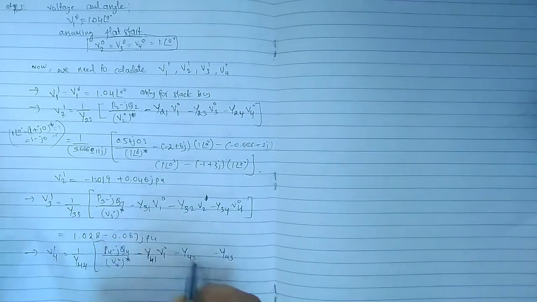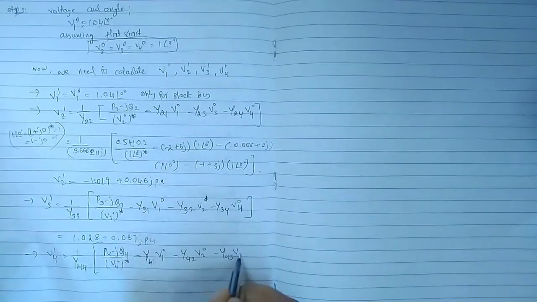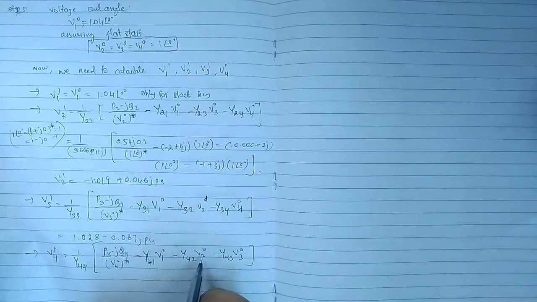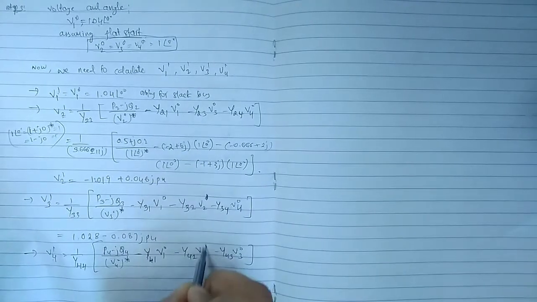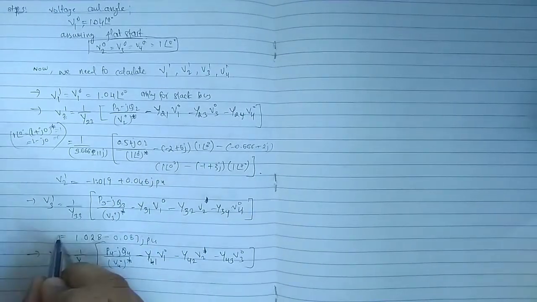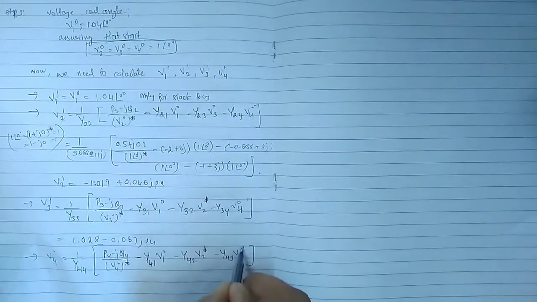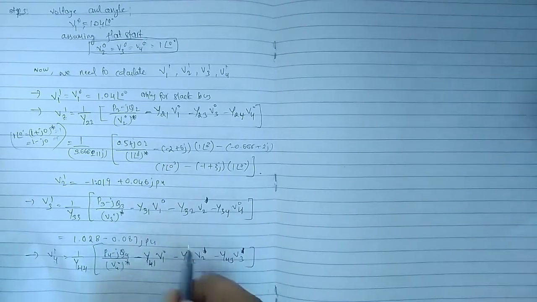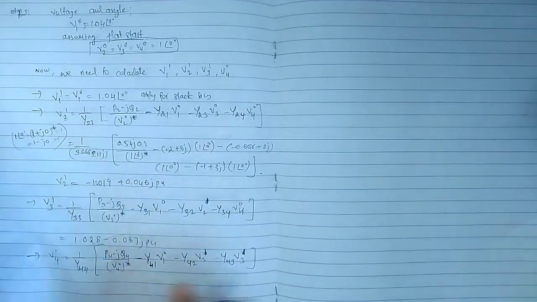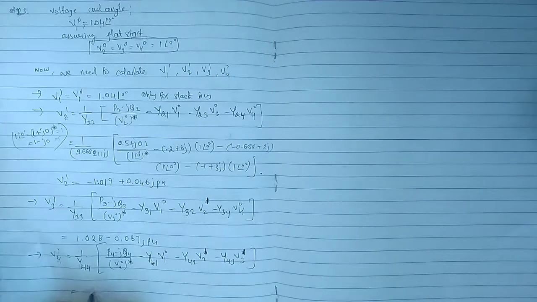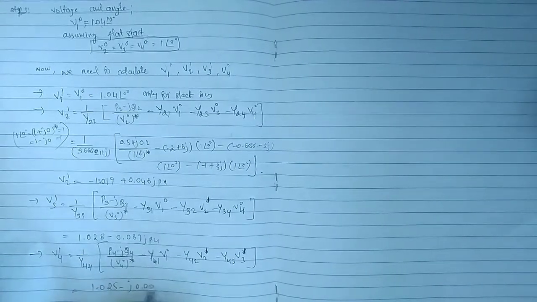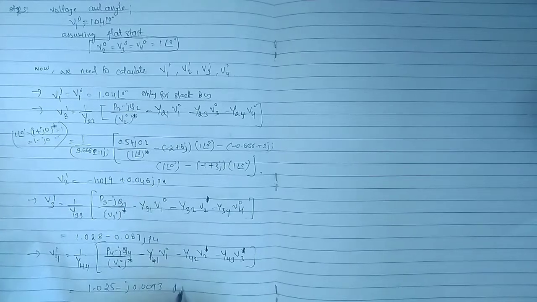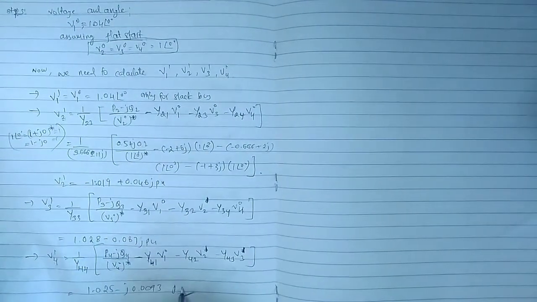Now V1 of 0, V2 of 0, V3 of 0. Now we have V2 already calculated, so we need to write V2 of 1, and V3 of 1 also we calculated just now. Therefore we need to update the value. Updated value we have to take. Please do remember this. And finally we'll get the answer as 0.125j, 0.0093 pu. These are the voltages.